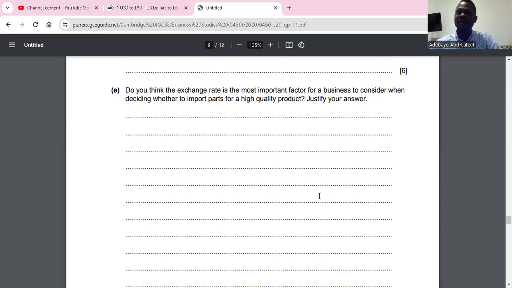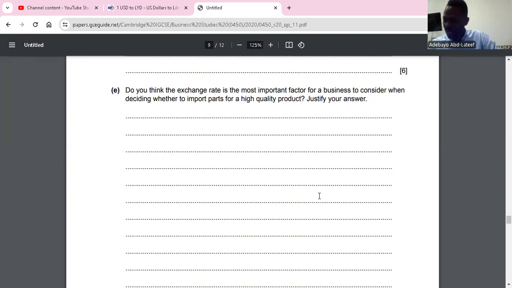Exchange rate here will be linked to a floating exchange rate, which means it can appreciate or depreciate. So appreciation of the currency will determine importation. Depreciation of the currency would also determine importation. So we start with appreciation. I wrote, this allows a country's currency to buy more of foreign currencies. Imports become cheaper. This reduces the cost of production, which may allow the business to sell at a lower price, and also increases the profit margin of the business. Is that clear? Yes. That is, if the currency is appreciating, then we can take a decision about importing.